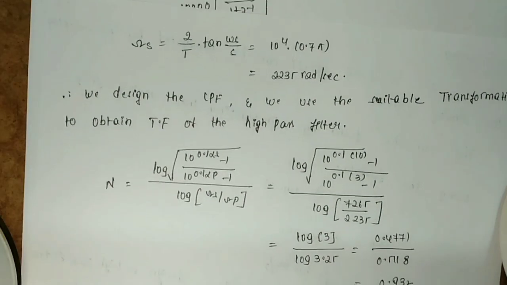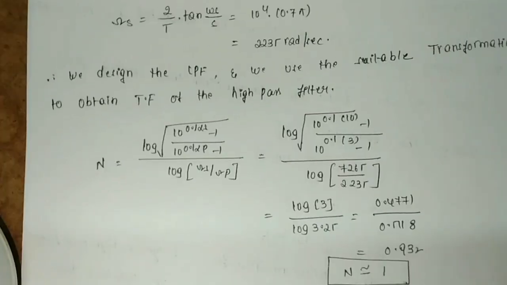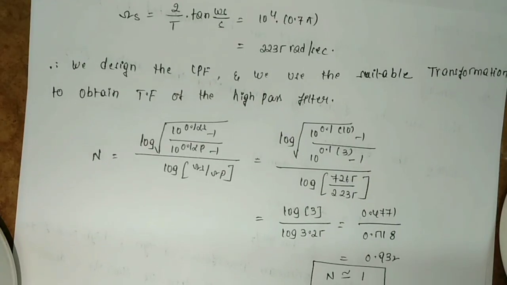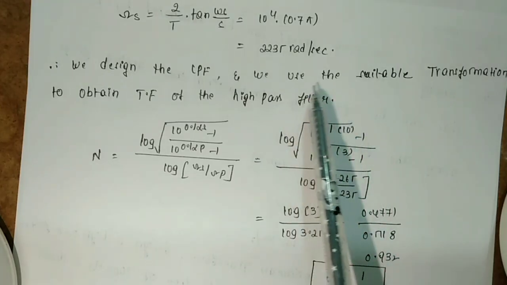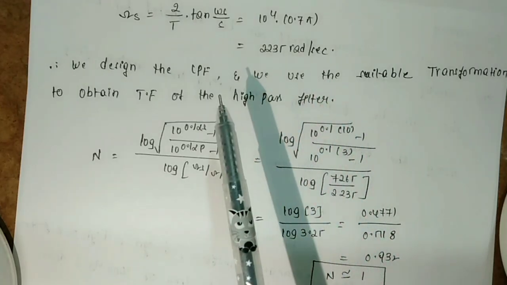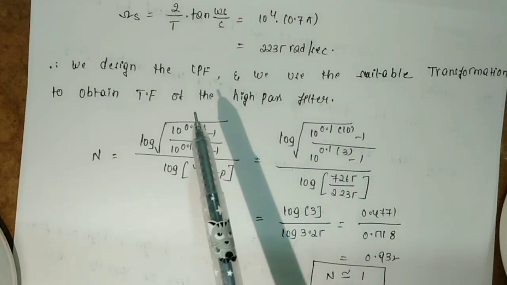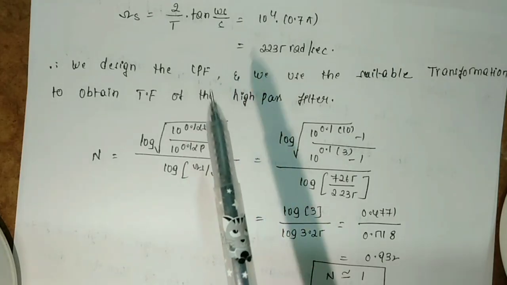See the questions, you can note it. Omega s is equal to 2 by T into tan(omega s by 2). So the same calculation I did. So 2235 radians per second. So whatever the omega p and omega s values are, they are for the high pass filter,